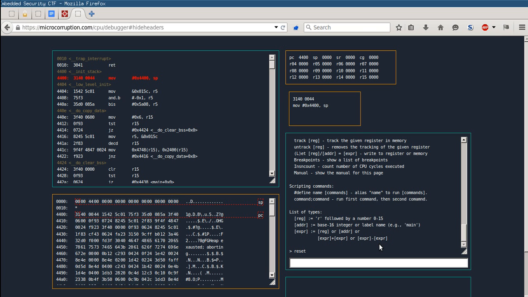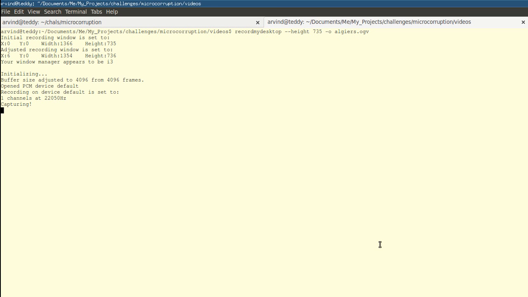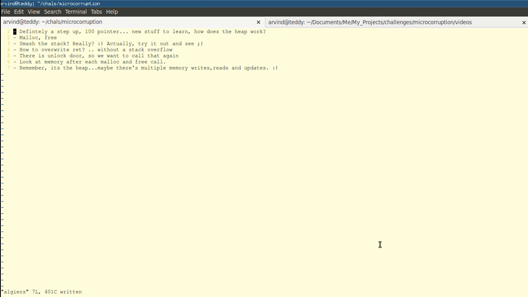Right. Let's look at Algiers this time. Algiers is a 100 pointer this time. So 100 pointer is definitely a step up. There's plenty of new stuff to learn, and if you're bored with stack, here's a chance for you to learn how the heap works, because this is one of the first heap exploitation levels, which is a little tricky